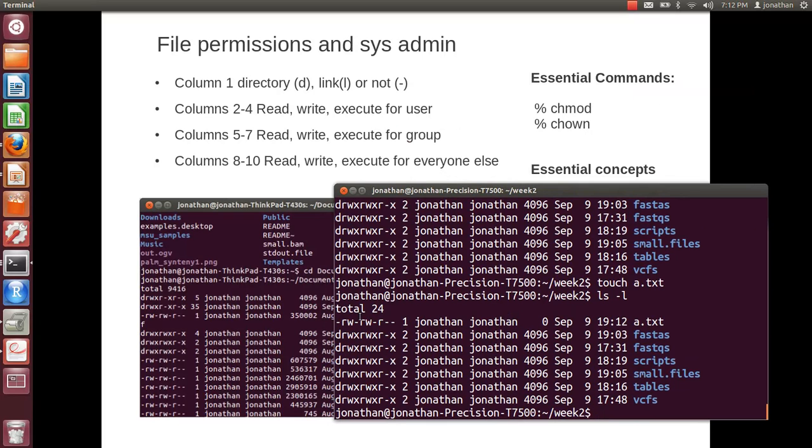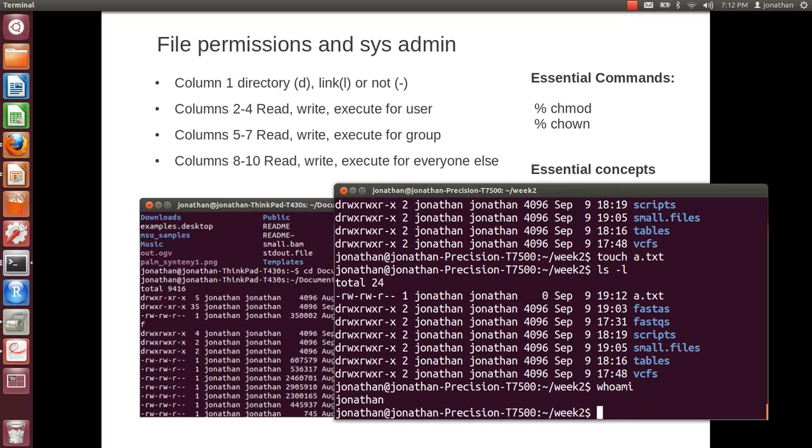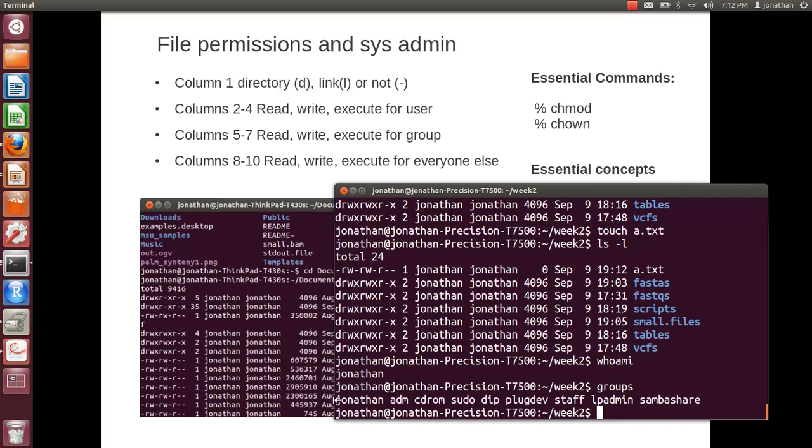And then there are the permissions columns, right? So the first 3 columns are for the user. This is maybe not a good example because I'm both the user and the group. I can type whoami. I'm Jonathan, and then groups. Here are my groups, but I also have a group called Jonathan. You could do this on your system and see how this plays out, but the second, third, and fourth columns are the permissions for that file for the user. So I have read, write, and execute